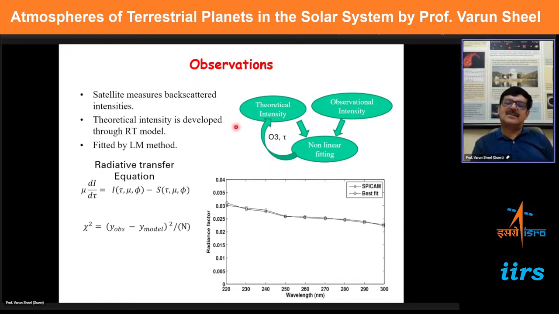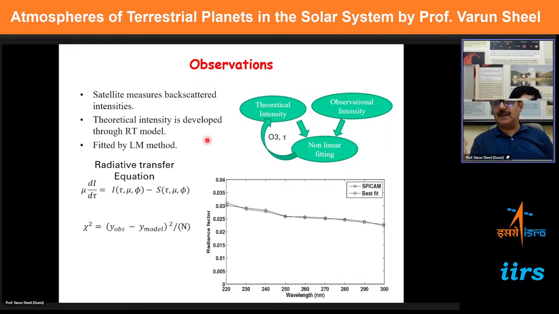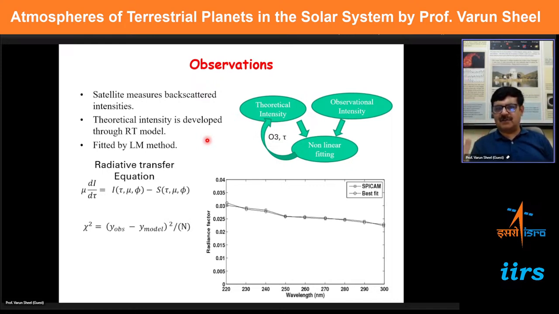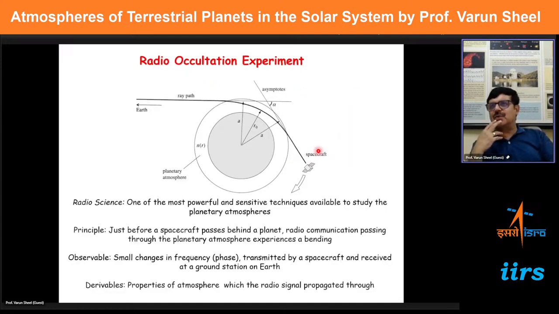So basically, the satellite is observing nothing but the backscattered intensity in UV, and that is the instrument there, which is measuring in the UV, and it is just measuring the amount of radiation. But using a model which you have constructed, which is called an inverse model, you then iterate the whole thing and try to estimate the amount of ozone. So this is just an example, but you could do it for other species like methane or CO2 or other species which exist on the planet by just remotely observing. So this is one of the ways you could observe the composition of a planet.